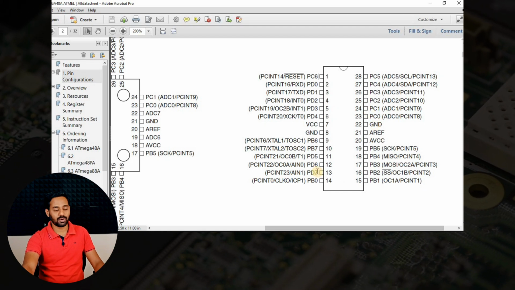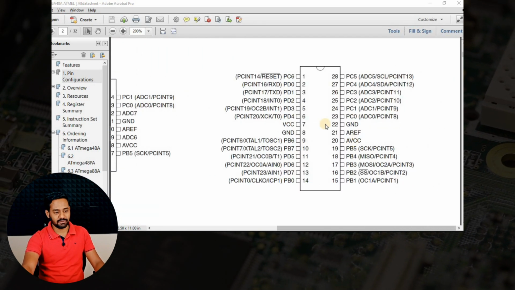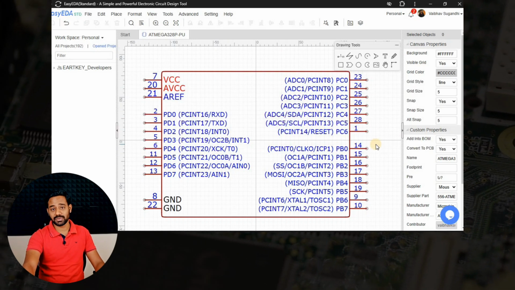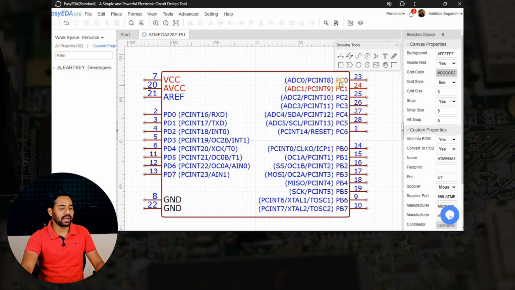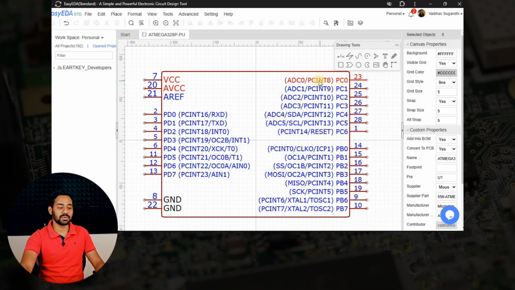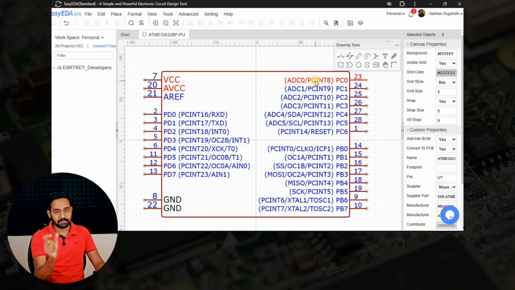PC7 is not available for this particular DIP IC. Even for SMD also, I couldn't find it. But anyway, we can refer all the 28 pins are considered in our PDIP design. That's enough. And then I have given the PC0 as well as the alternative multiplexed functionality of that particular pin